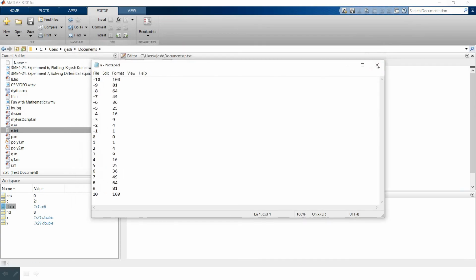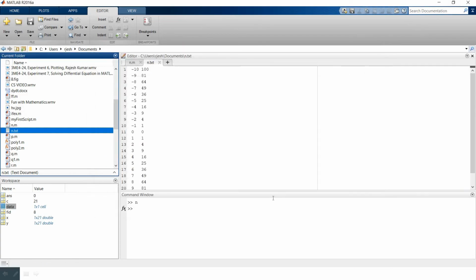So you have seen how we can handle data in a file, how we can read and how we can write. Basically, you only have to remember a few series of steps. First, we need to use the command fopen with a file identifier, and decide whether we are reading or writing. If writing, use w, and if reading, use r.